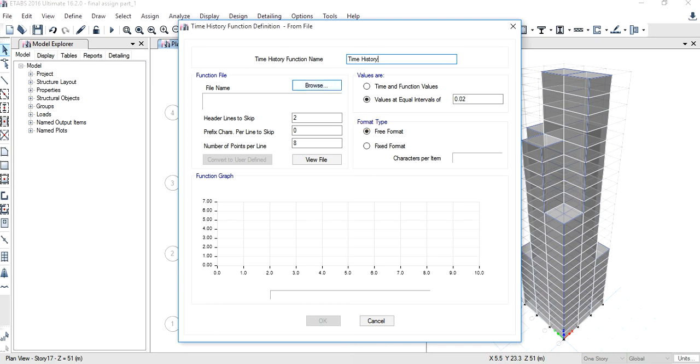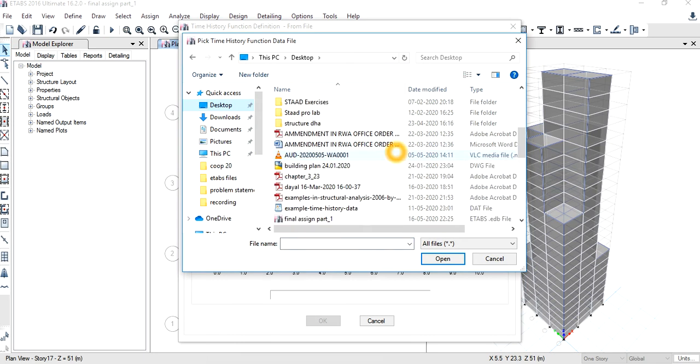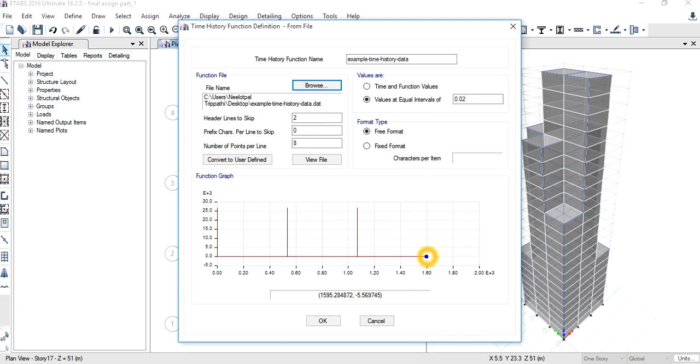Now select the file. We would be selecting the Gujarat earthquake file from our system. Click on open. The file has been added as we can see.